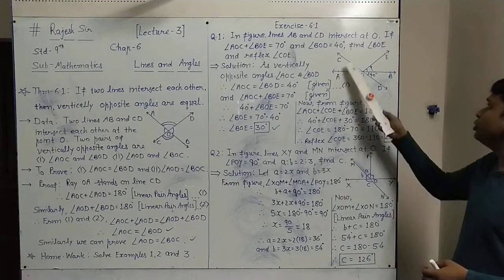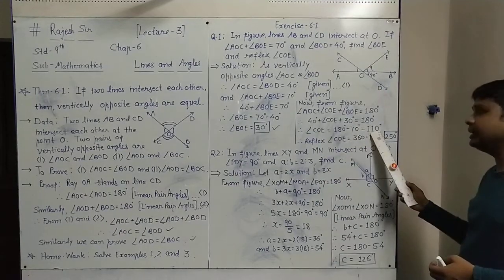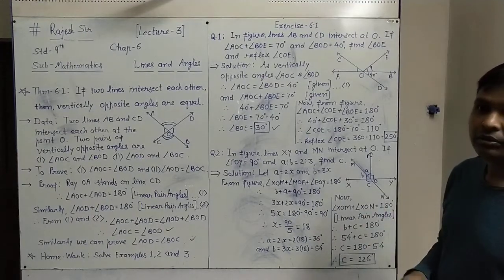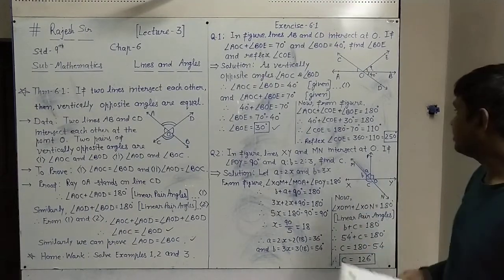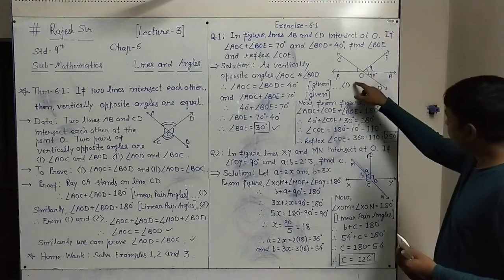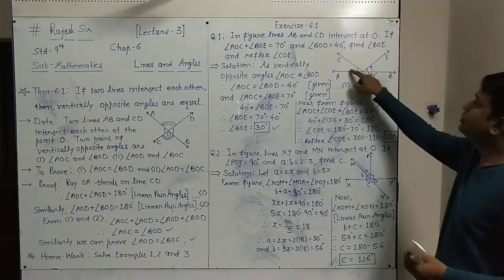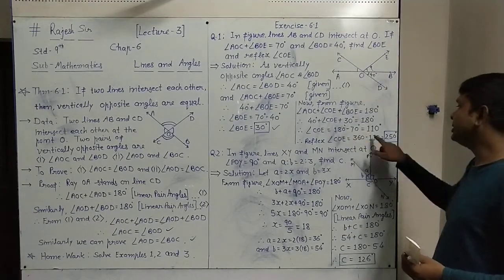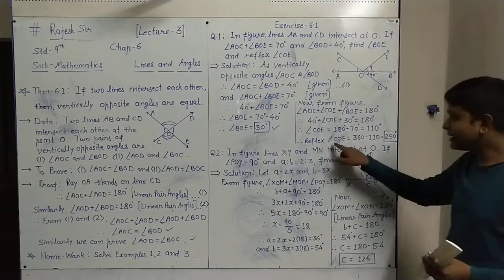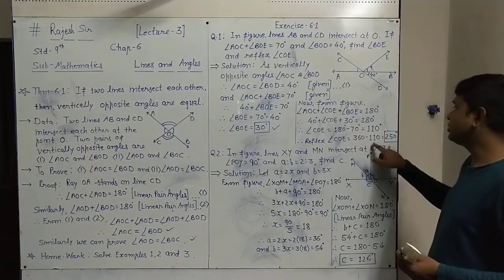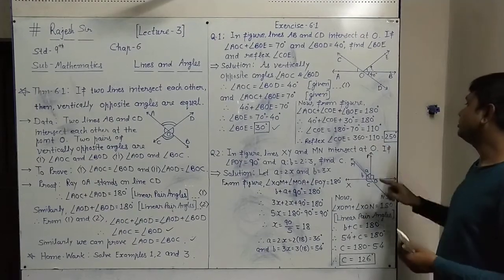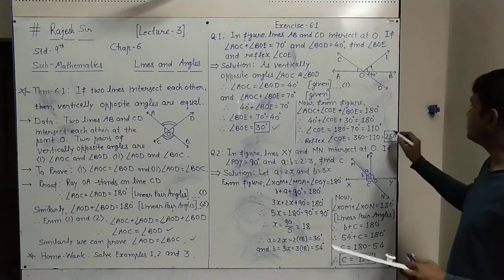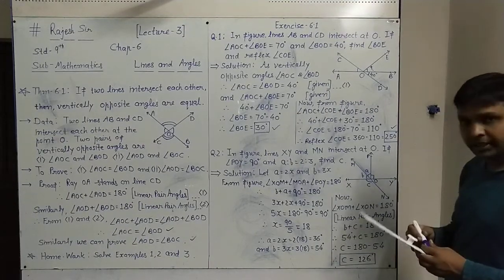If angle COE is 110 degrees, then for its reflex angle, to get the reflex angle of any angle, we have to subtract it from 360. The reflex angle means we have to see the angle this way. This way means 360 minus this angle, and this angle COE is 110. So reflex angle COE is equal to 360 minus 110, and that will give 250. So this way we got the second answer: reflex angle COE is 250 degrees.